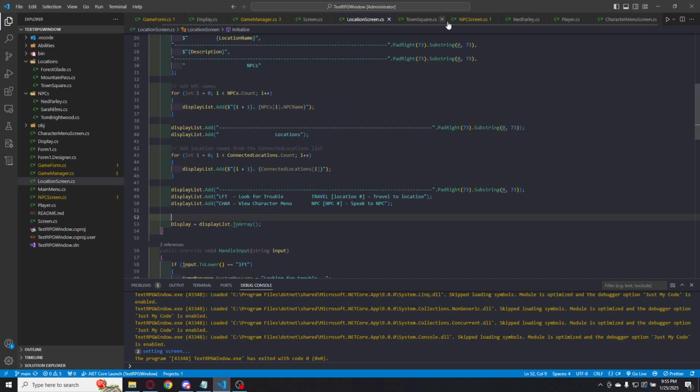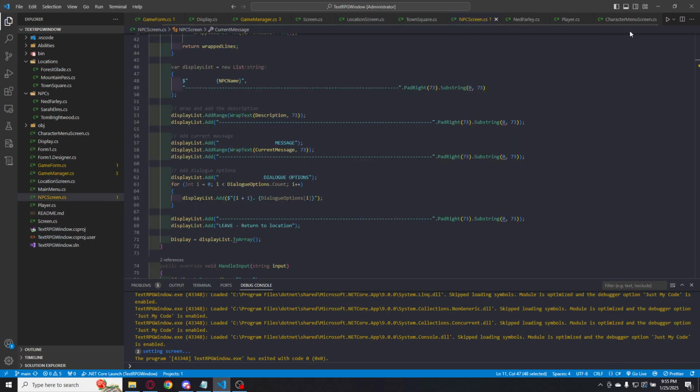So those are two of the big screens that'll be going on. I haven't implemented the combat screen yet. That's something to do in the future of this project, but